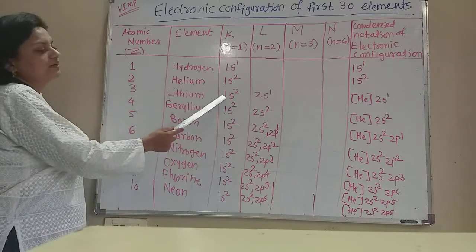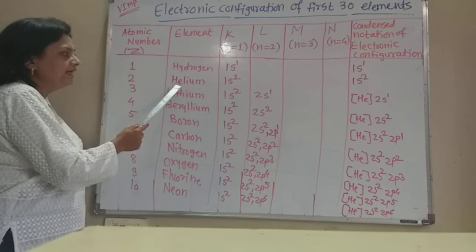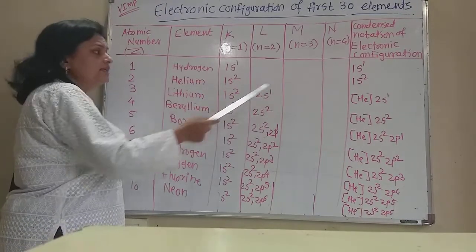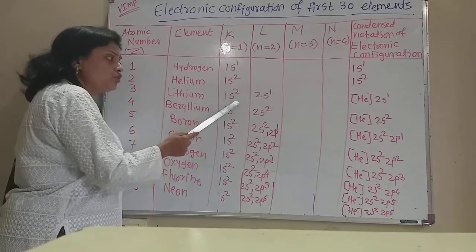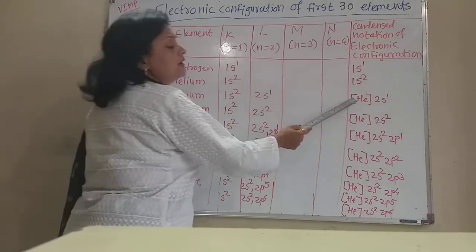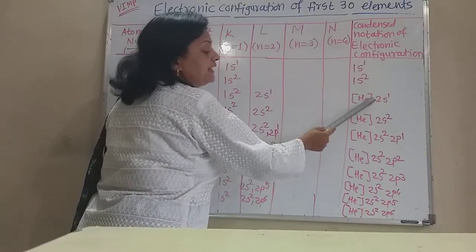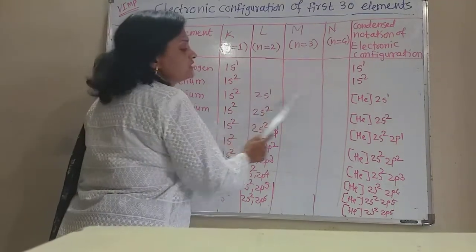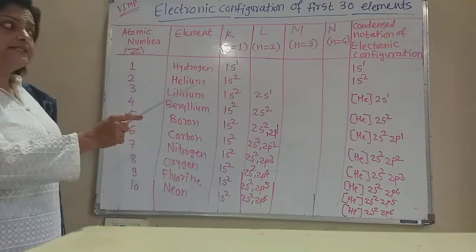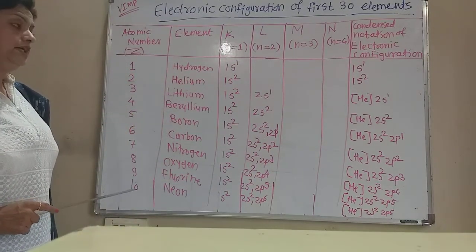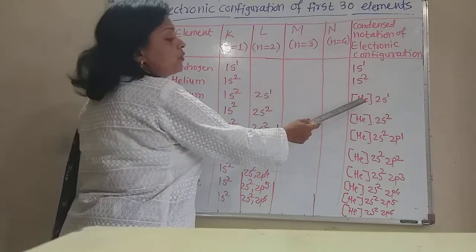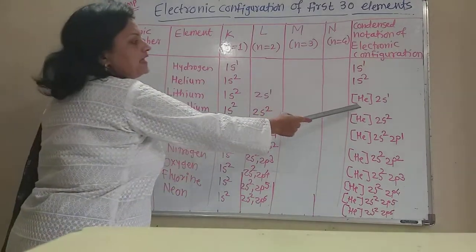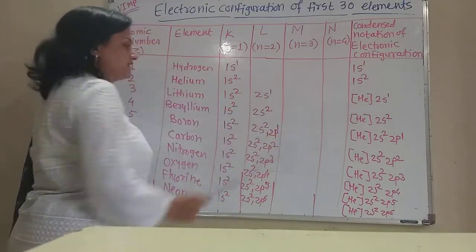The 3 electrons are filled in this way. Now here helium, the inert gas, has completed the 1s orbital. In the condensed notation, this 1s2 configuration of helium is shown in this way: helium in square brackets. That means this is the 1s2 configuration, and this 2s1 is shown to the side of the square bracket of helium. Now this is the condensed notation of the electronic configuration of lithium: in square brackets there is helium having 1s2 configuration, and 2s1 in this way.